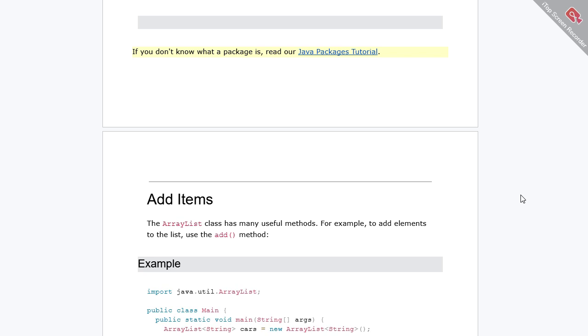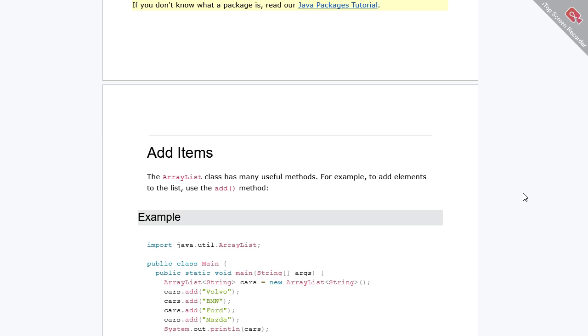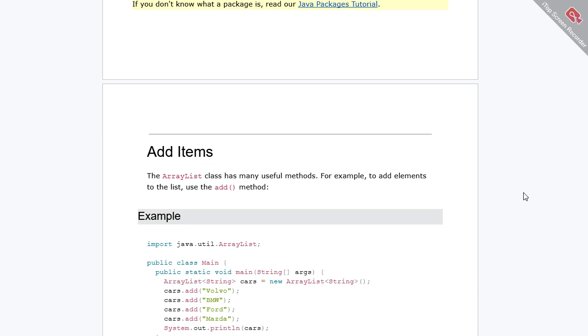Add items. The ArrayList class has many useful methods. For example, to add elements to the list, use the add method. Import java.util.ArrayList; public class Main { public static void main(String[] args) { ArrayList<String> cars = new ArrayList<String>(); cars.add("Volvo"); cars.add("BMW"); cars.add("Ford"); etc. System.out.println(cars);